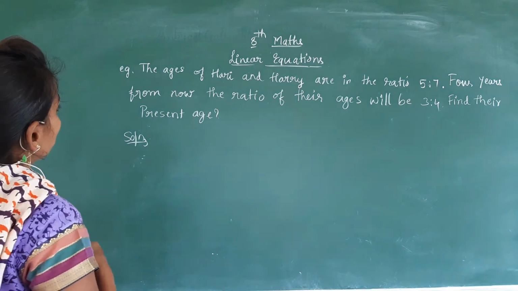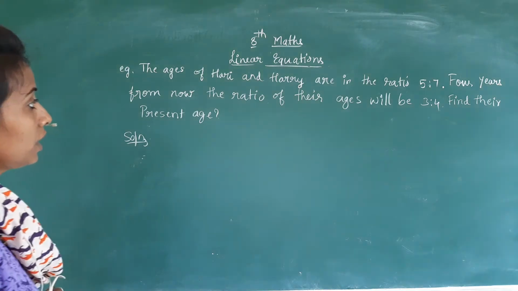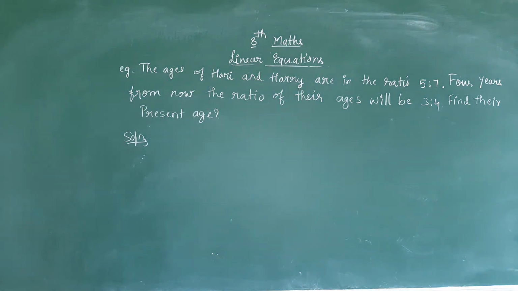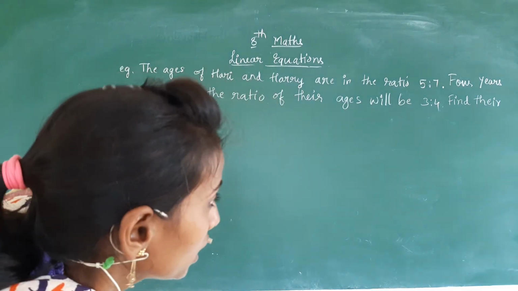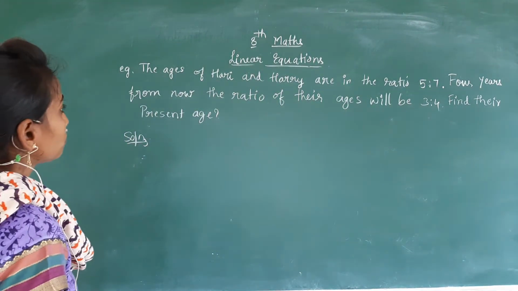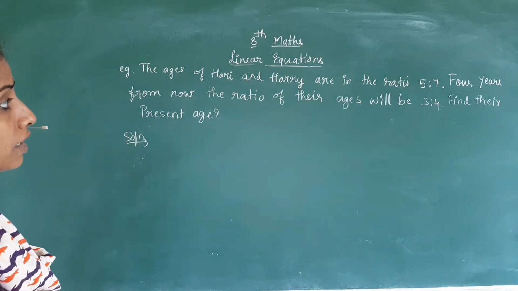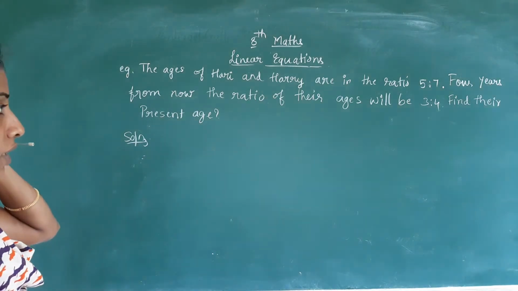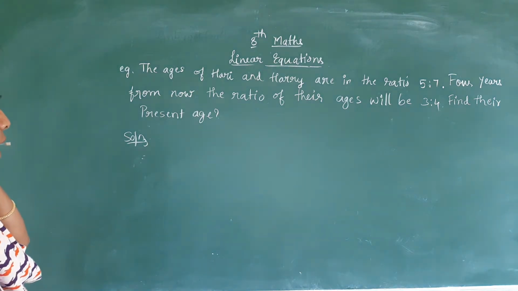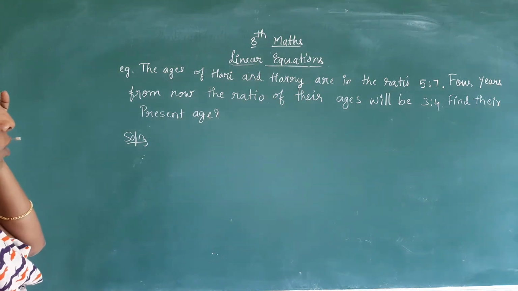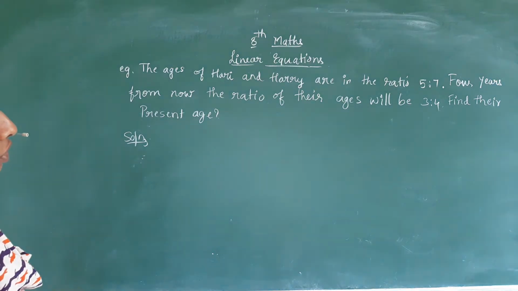So, for example, the ages of Hari and Harry are in the ratio 5:7. 4 years from now, the ratio of their ages will be 3:4. Find their present ages. They have given the clue that the ages of Hari and Harry are in the ratio 5:7, which means we don't know their present ages, and they are given one clue that their ages are in the ratio